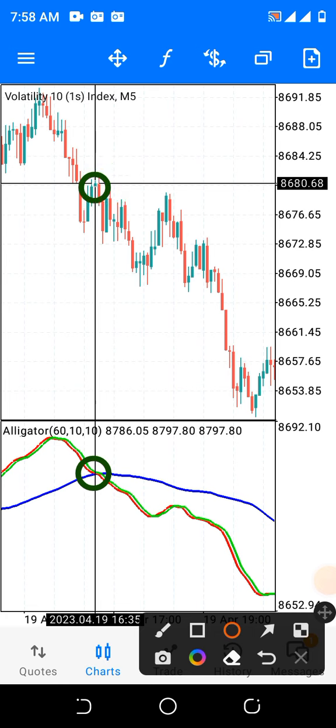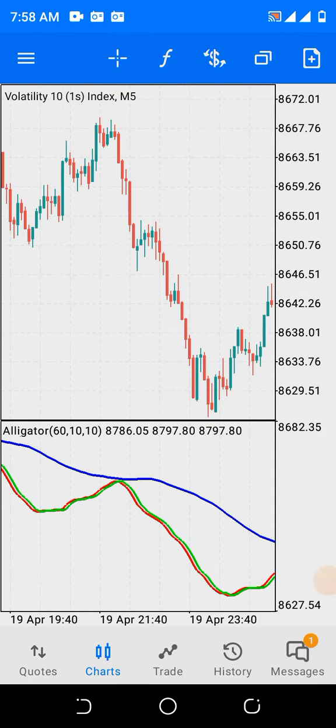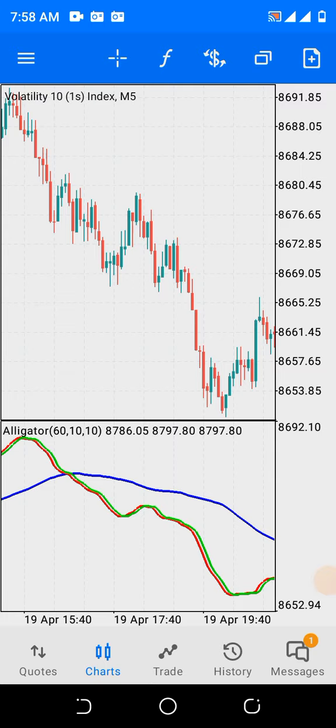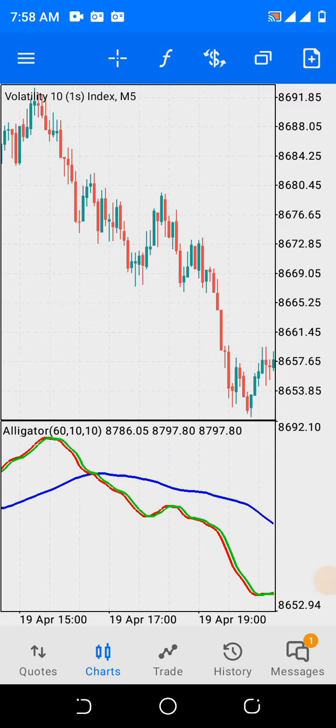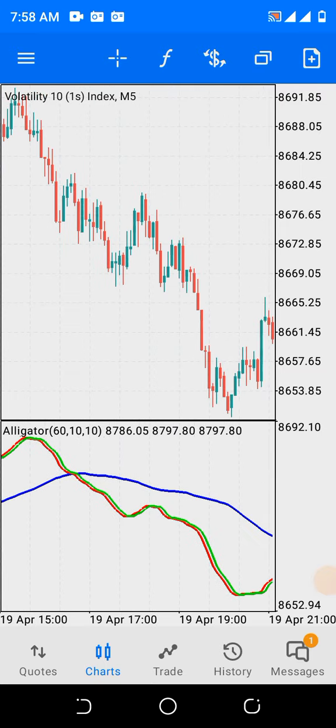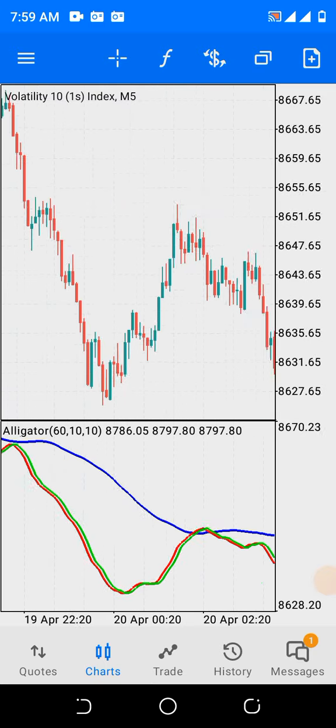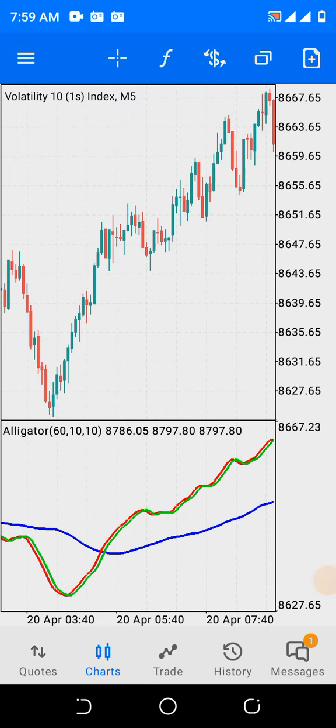Now, where to place your stop loss. If you are selling, your stop loss should be at the previous lower high. Here is the previous lower high. That is where you place your stop loss, and this is massive profit, as easy as that. All right, let's proceed. This is a lot of profit. You see where we made our entry from the crossing, and it's still selling. This is the huge profit.